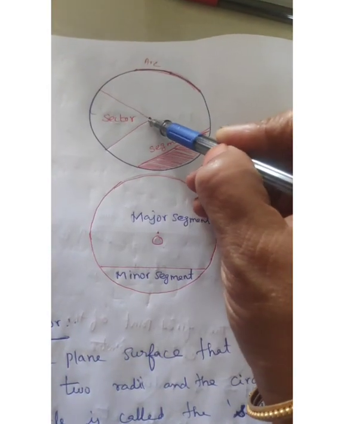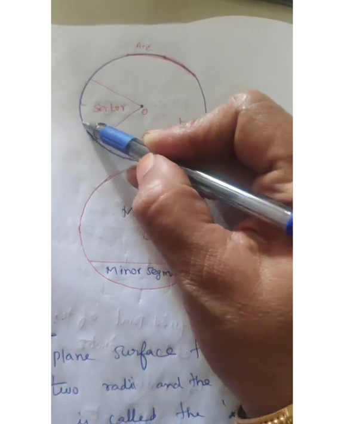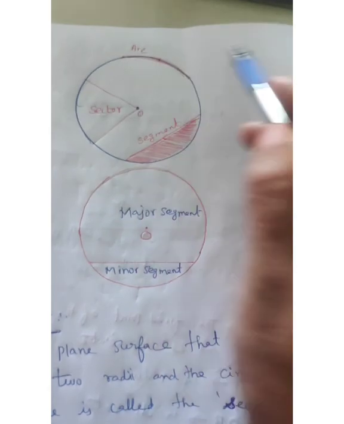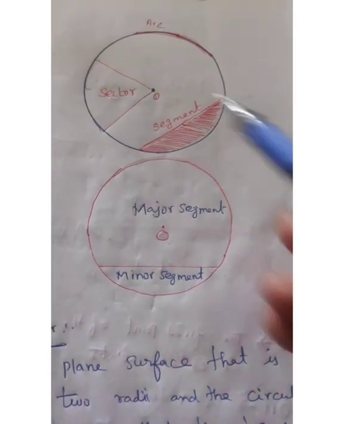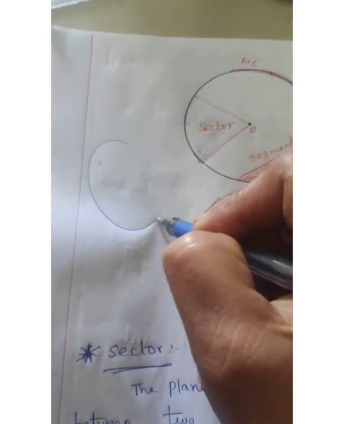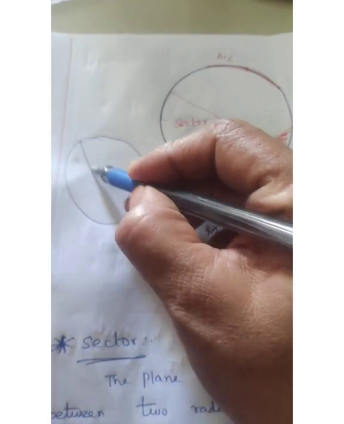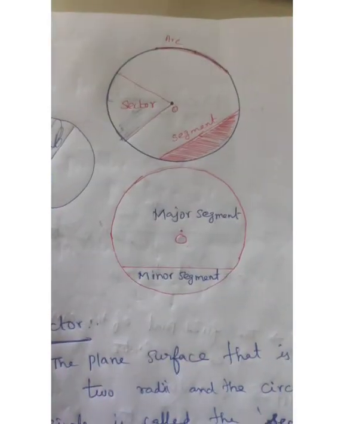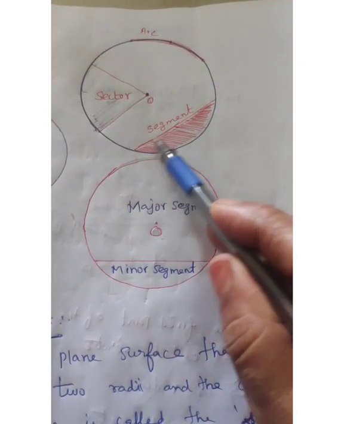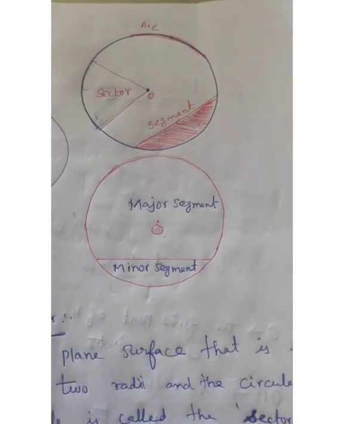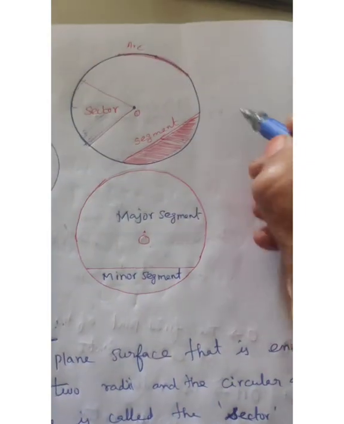Sector: from the center point, in this picture, this one part is called the sector. The curve joining the two points is called the arc. The full space is called the sector. Think of a round piece being cut and eaten; this cut part is called the sector. Next, joining these two points with a line, this full space is called the segment. The curve between the two points is the arc.